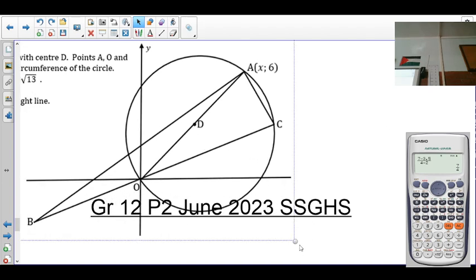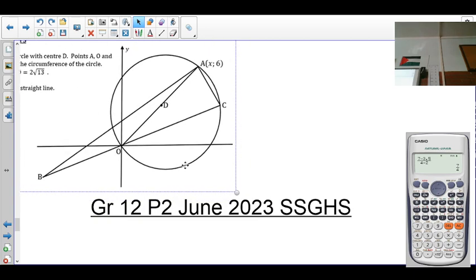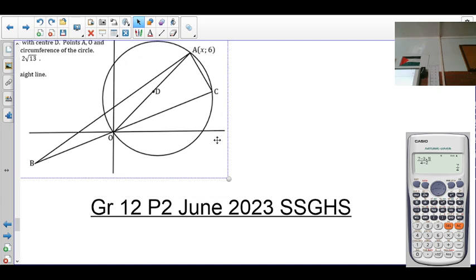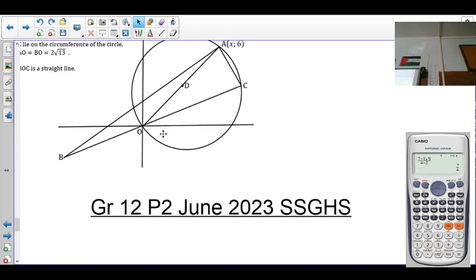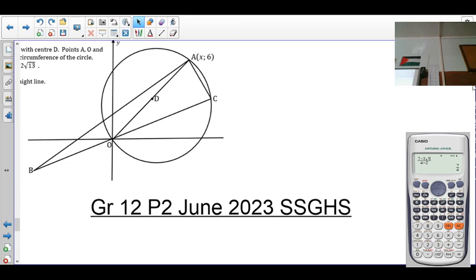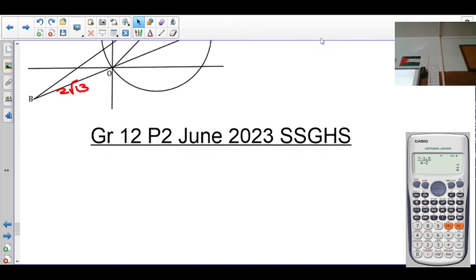There's nothing we can move much here. So OB and OA, here we got 2 root 13, OA, 2 root 13. So let's look at the first question. First question says,